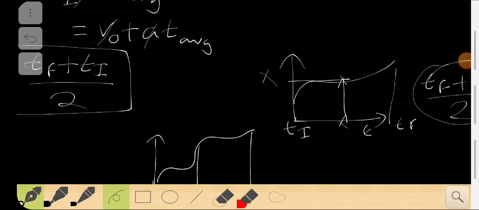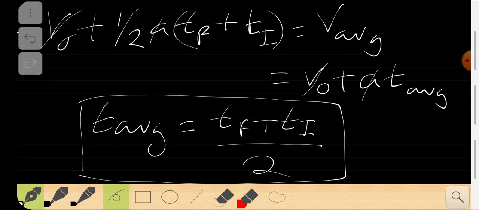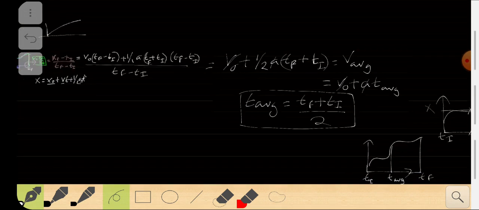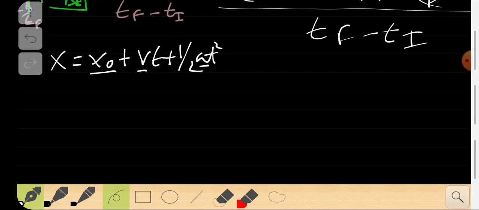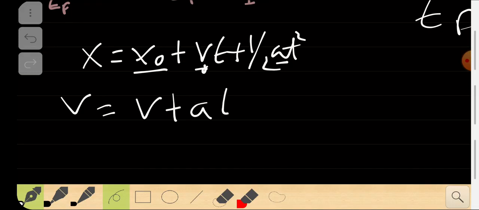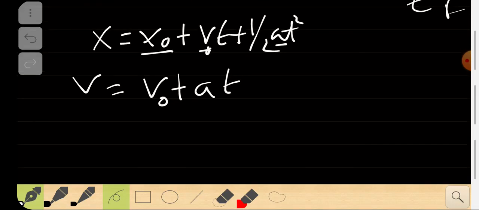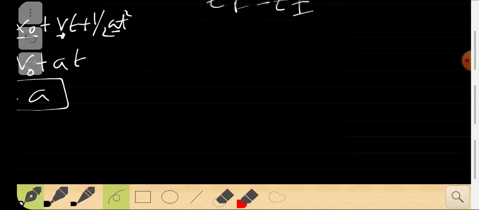The main difference is that the equation we took had an acceleration which is not time dependent. The acceleration is not time dependent because we took the equation x equal to x0 plus v0 t plus half a t square. When you take the velocity, v equal to dx by dt, you get v0 plus at, and when you find the acceleration, you get a. So acceleration is a constant value.